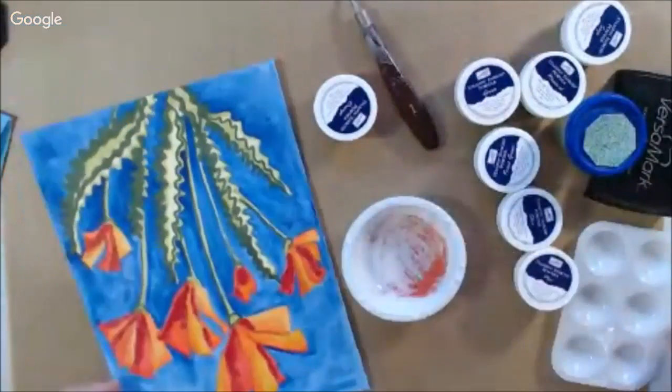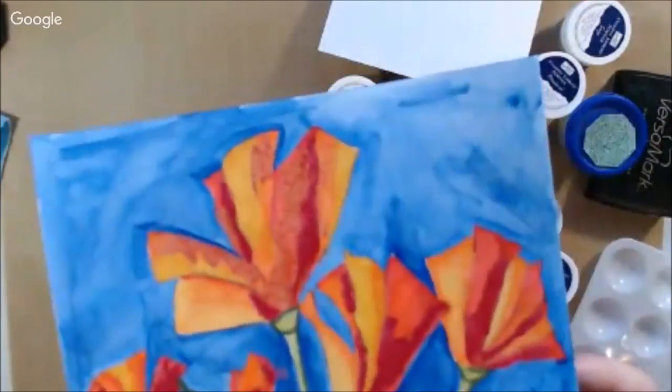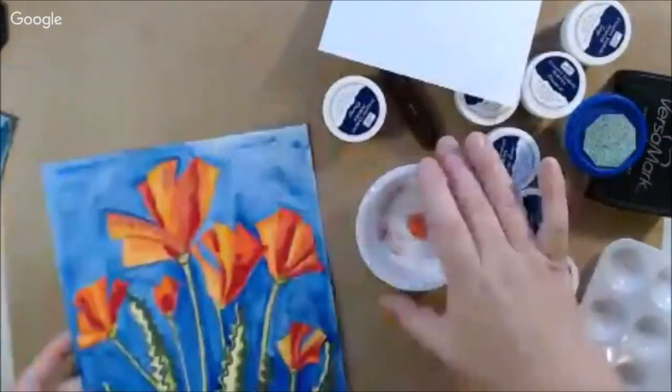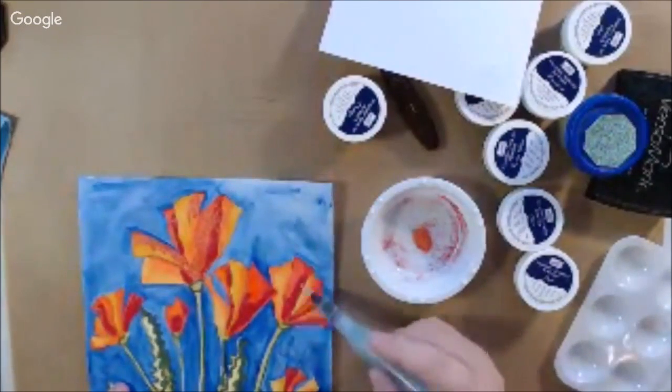And so I mixed the red and the orange together and made a mixture, and then I started to paint that on in areas and heat it. Of course, there was a lot of heat tool action on today's show because you have to heat embossing powder. It is a plastic